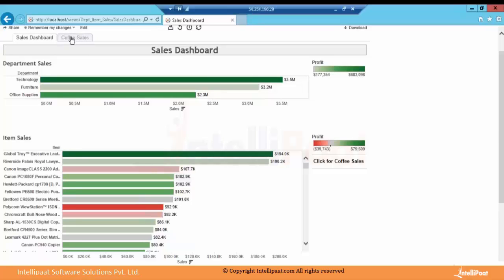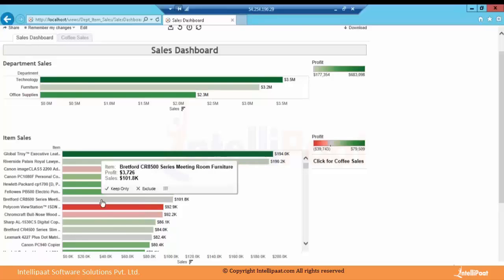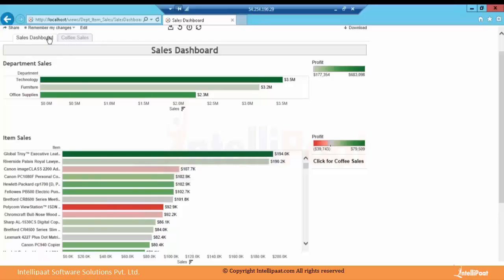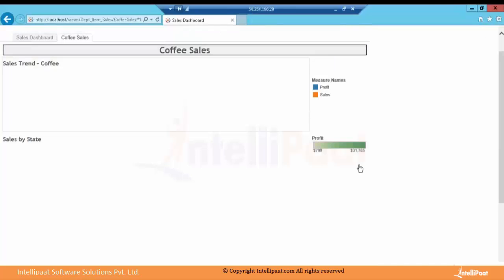Those two dashboards are being shown as two tabs over here. So this is a way of letting people know that this dashboard here is not the only dashboard in this workbook. You have multiple dashboards. So you might want to see this, or you might want to see another one, which is over here. By clicking either over here, or I have given you another action that you can perform by clicking on this link here. So I've just clicked on the link. Now it's taking me to the coffee sales dashboard,